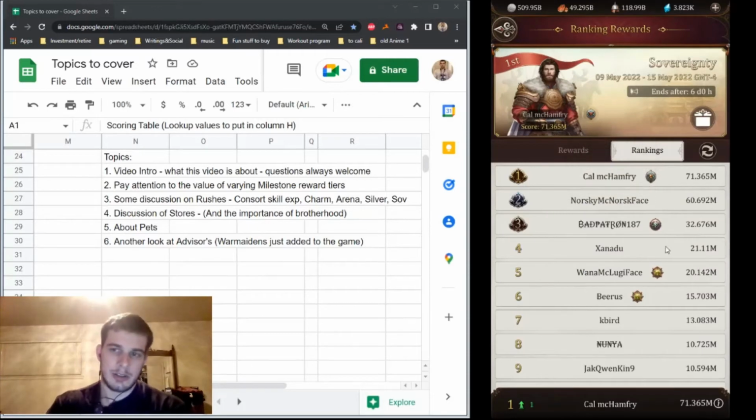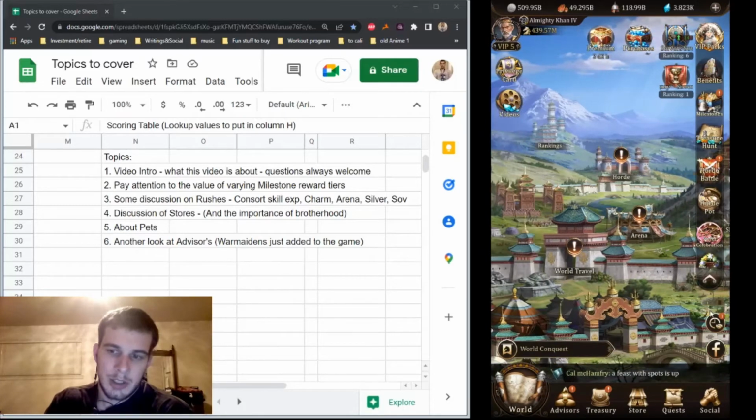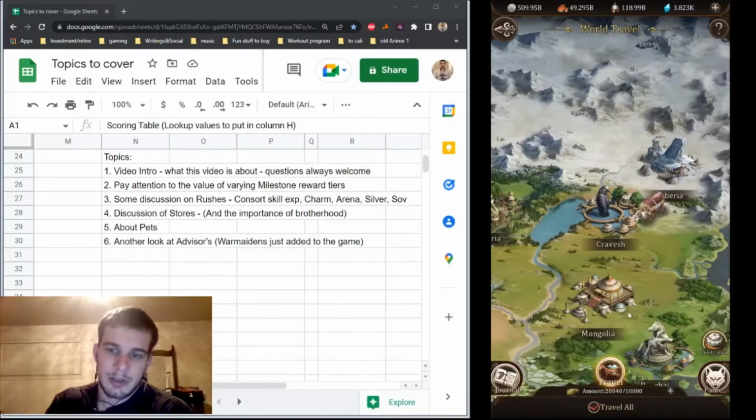And then as far as the Silver Rush goes, I don't really have anything I can spend my silver on, because I don't have any advisors that I need to upgrade right now. However, there is one thing you can do when you have no way of upgrading advisors and you still want to spend silver, and that's manual travel. Manual travel is pretty tedious, but if you do enough manual travel, you can actually use up a fair bit of silver. So you take off travel all, uncheck that,